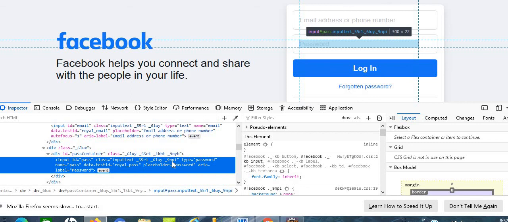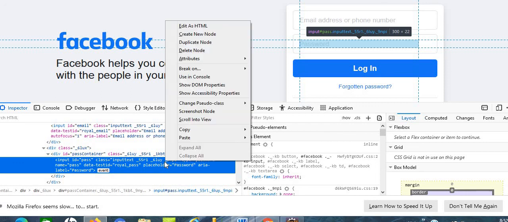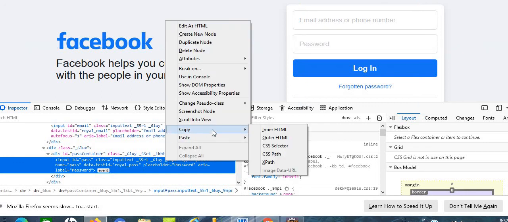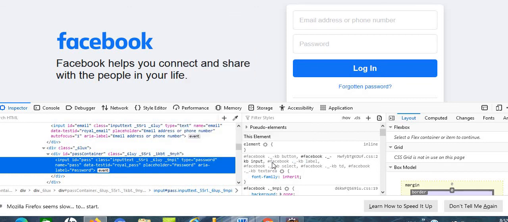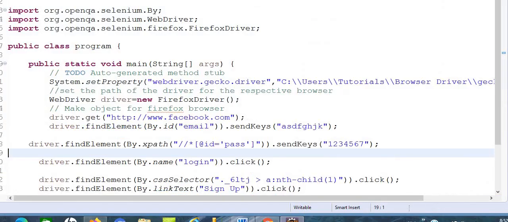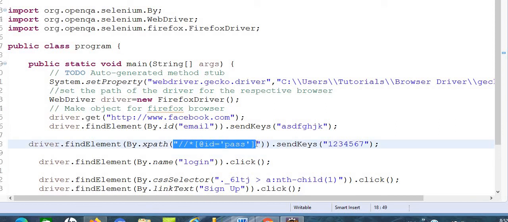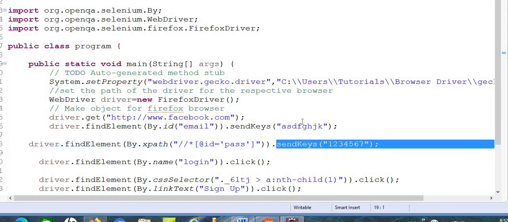I right click on it and take the XPath. Then I paste the value here and give the value 1 2 3 4 5 6 7 in the password through sendKeys.